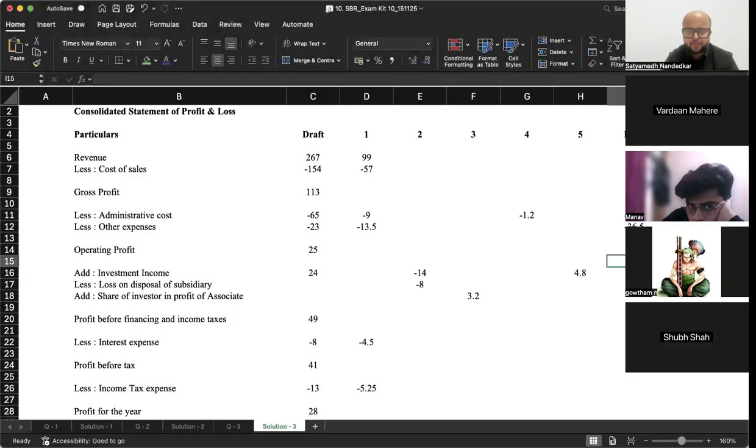ठीक है। Yes. अब सर, ये ऑपरेटिंग नहीं, सॉरी, लॉस ऑन डिस्पोजल ऑफ सब्सिडियरी को बिफोर ऑपरेशन प्रॉफिट ले सकते हैं? Why would you say that? क्योंकि मैंने क्वेश्चन कर रखा था, आंसर मैंने ऊपर ले रखा है। Is it an operating thing, loss on disposal of subsidiary? सर, आइडियली नहीं है ना।